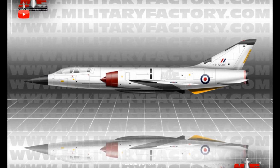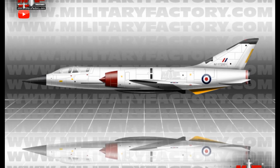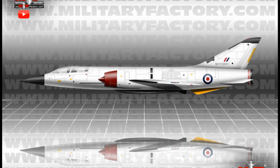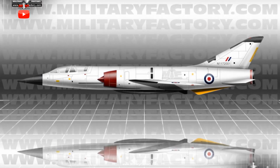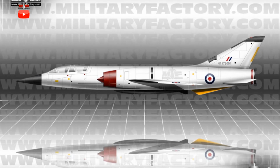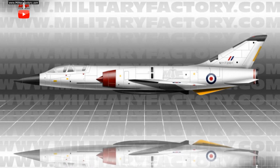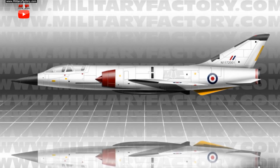The P.1129 was not advanced beyond drawings and models. The English Electric Canberra was an important Cold War, 1947 to 1991, performer, fulfilling the bomber role as well as reconnaissance for the West. It was a rather basic twin-engine design featuring a crew of 3 with straight-wing main planes